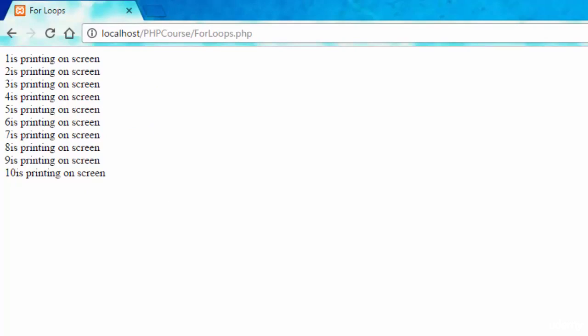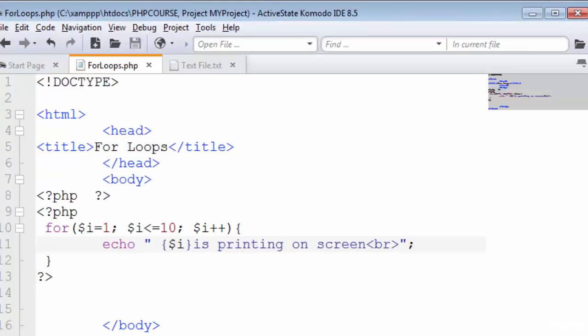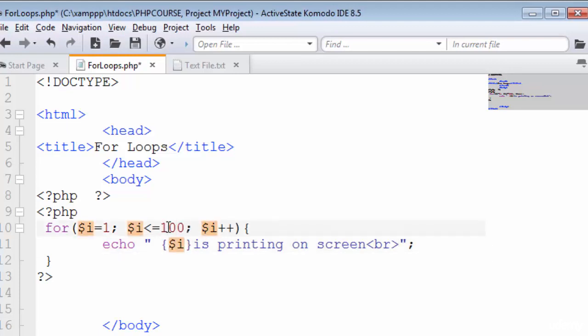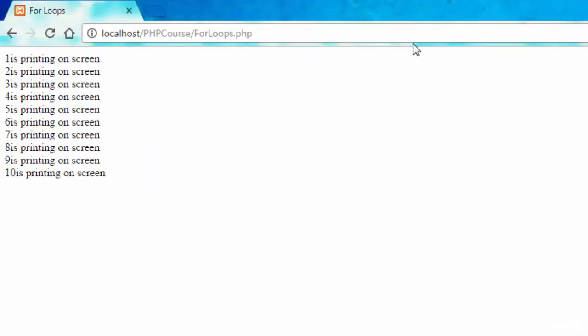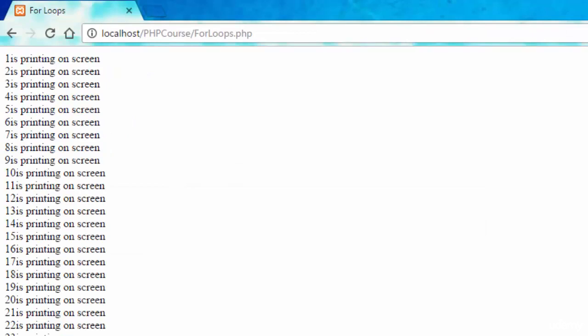So we just wrote one echo statement, and by using for loops we can print as many statements as we want. So if you add 1,000 here, then your for loop is going to work for 1,000 times. See?